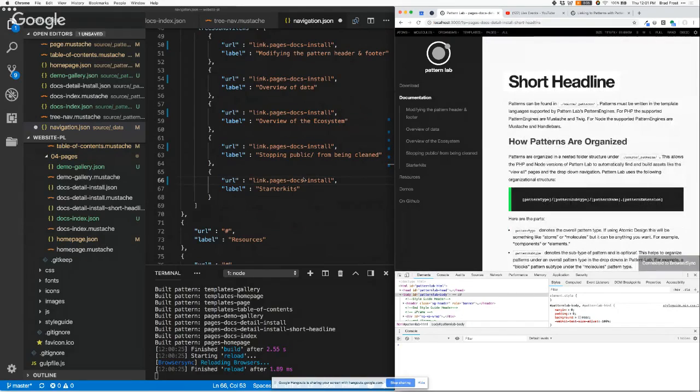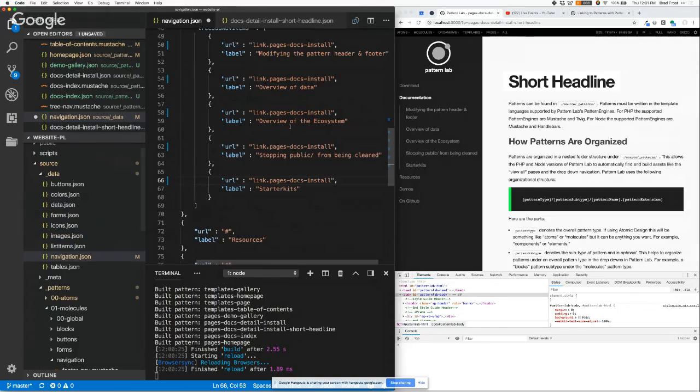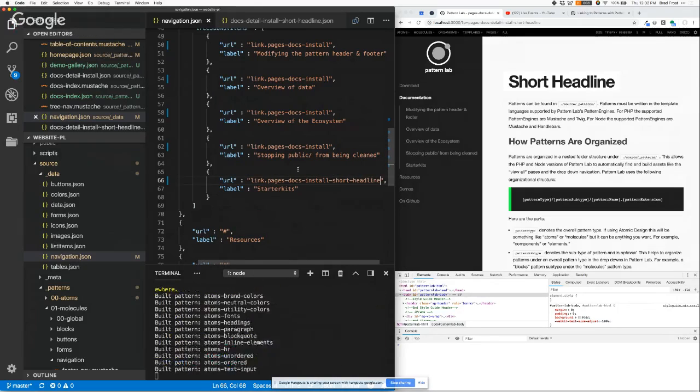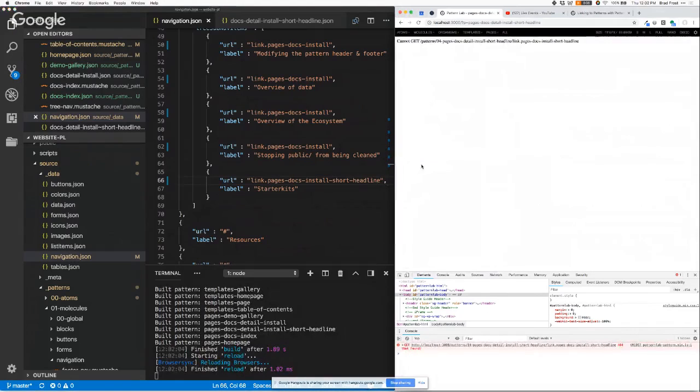And so just for variety's sake, I'm going to show what that looks like. This is the pseudo pattern here, this little squiggly line, tilde, that basically overrides whatever data is defined in the main JSON file. So we're just overriding this short headline right now. What I will do is link through to short headline there, and then that's going to rebuild and reload. So now,